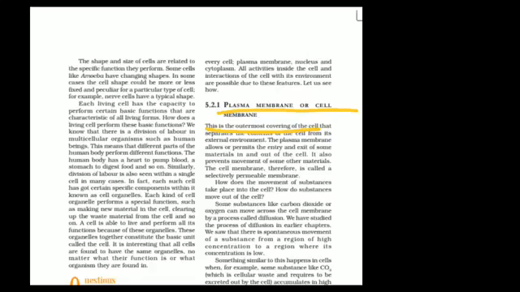In addition, the plant cell and bacterial cell have an outer wall surrounding the cell membrane. This wall is called the cell wall. That means in a plant cell there is one more layer present, which is called the cell wall, but in an animal cell only a single membrane is present, which is called the cell membrane. In a plant there are two, the outermost cell wall and the innermost cell membrane. The cell wall in a plant cell provides protection against temperature variation, high wind speed and atmospheric moisture.